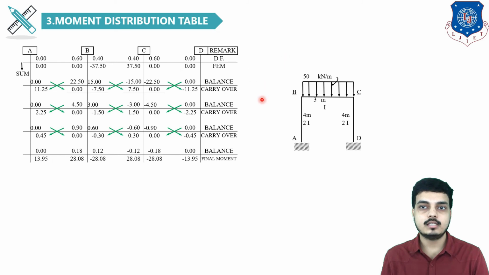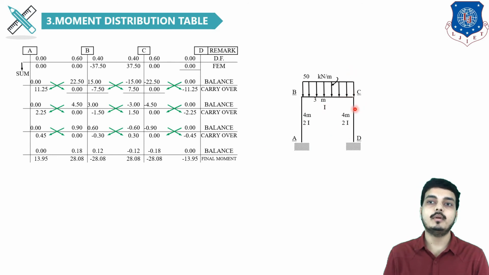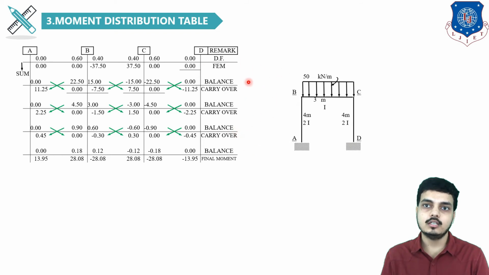Now I would like to suggest how many times we have to follow this. Look, these are one member, this is the second member, and there are three. So there are three members in the frame. You repeat this process 3 plus 1, 4 times. Just a suggestion, you can do it 3 times also and check the value. But I suggest you repeat this row and column 4 times, and the value will come almost nearer. So your time will be saved in the exam.